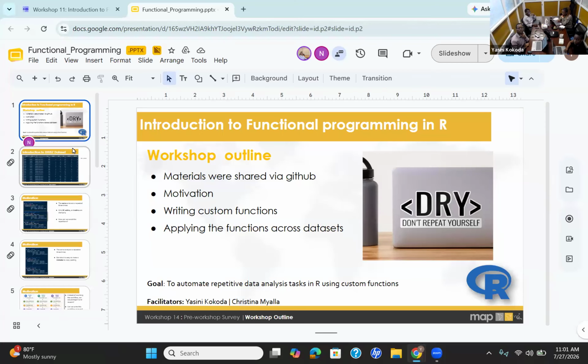to get the material from GitHub? Nabel, great. Aiza, good job. You got the material.